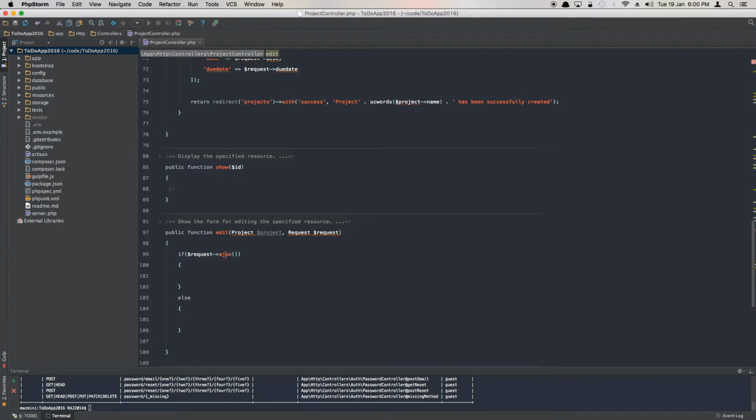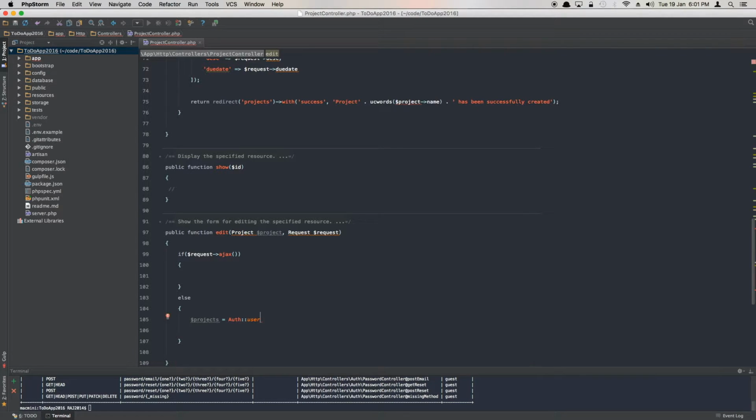So what if the request is not AJAX? Well, in that case we won't be able to present an edit form page because we haven't created one. We don't have a separate form page where the user can actually edit or add a new project. The form exists on the same page as a modal window, and it's using AJAX. So just in case JavaScript is not enabled, it's going to break our application. So I'm just going to take the user back to a home page,